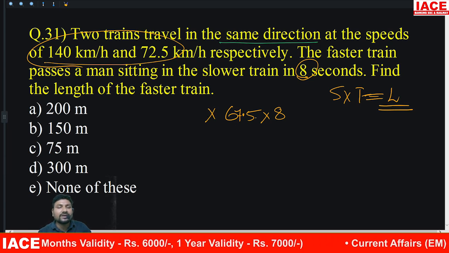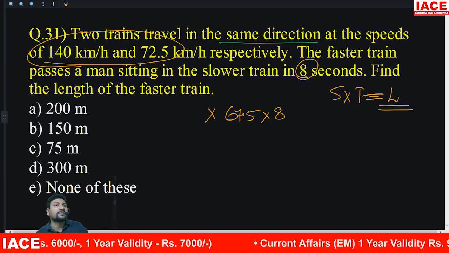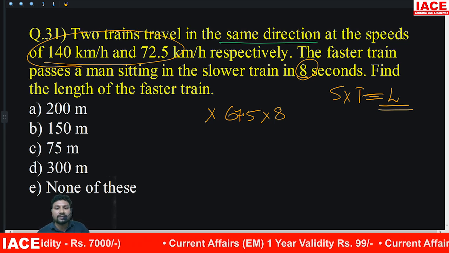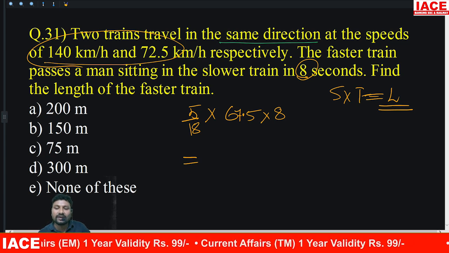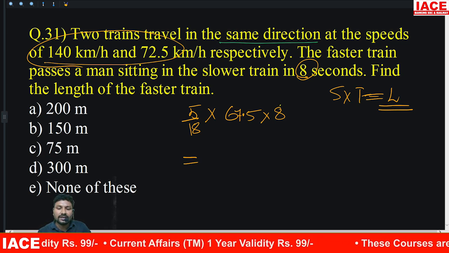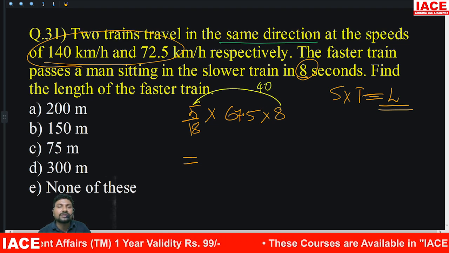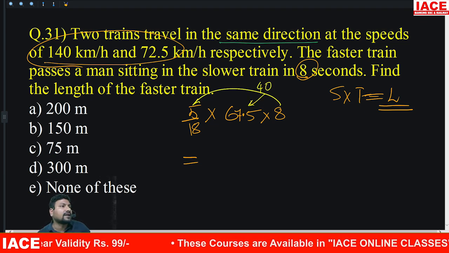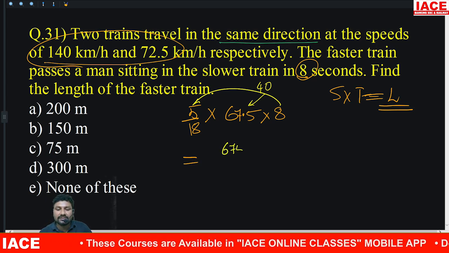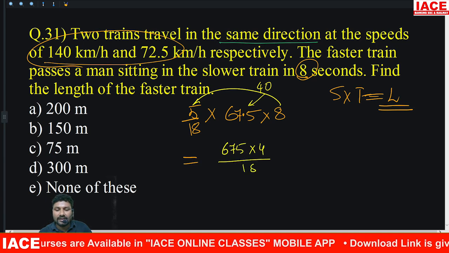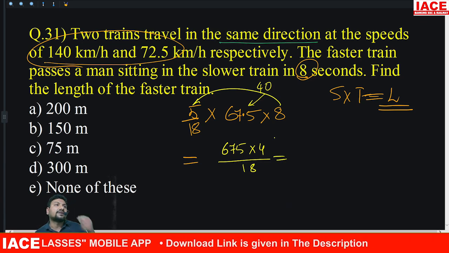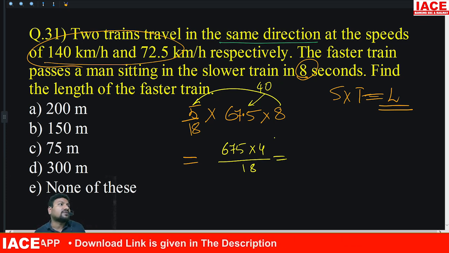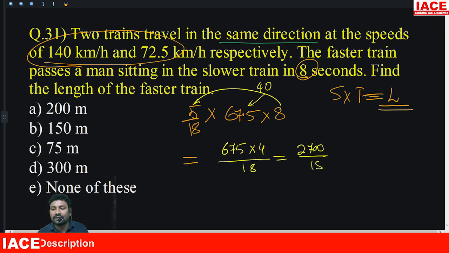But the speed is in kilometer per hour, so it should be converted into meter per second. Kilometer per hour converted into meter per second means we should multiply by 5 by 18. This will simplify to get the final answer. So here 8 into 5 is how much? 40. The 40 will be multiplied by 67.5, that is 67.5 into 5 by 18. Am I right? One decimal will be cancelled by one 0. 675 into 5. 675 into 5 is how much? 5 5s are 25, 7 5s are 35, 6 5s are 30, overall 3375 by 18.